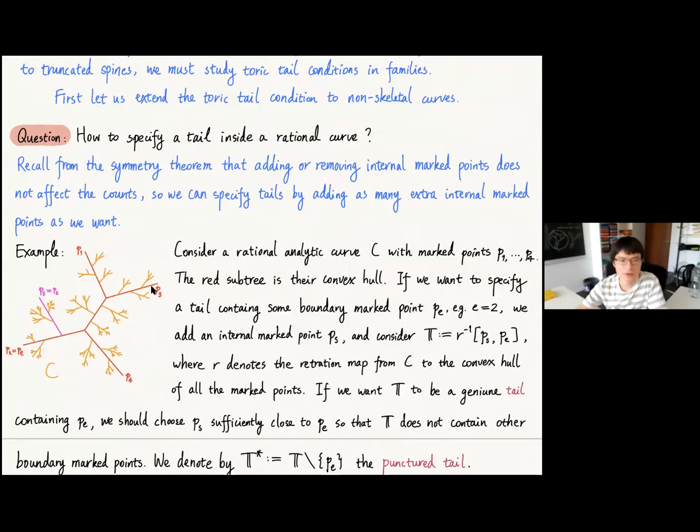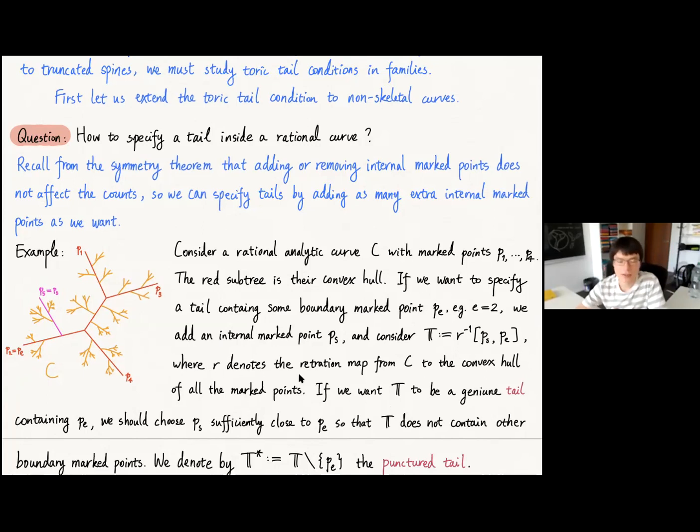The red subtree is their convex hull. If we want to specify a tail containing some boundary marked point PE, for example E equals 2, containing this boundary marked point P2, we add an internal marked point PS here and consider the pre-image by R of the path connecting PS and PE,